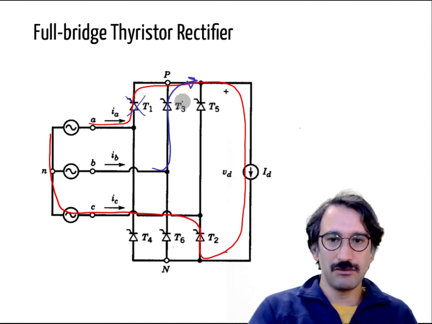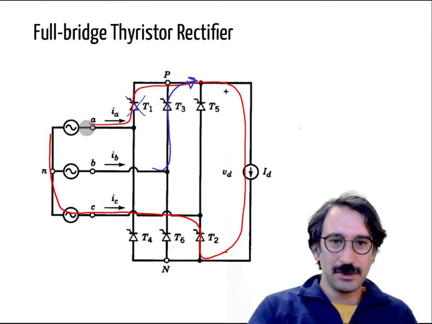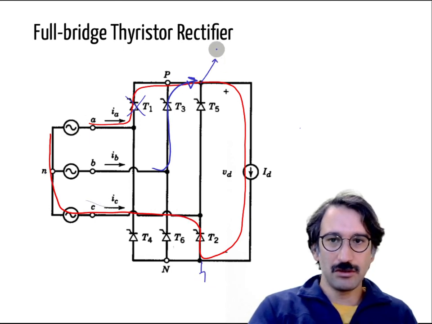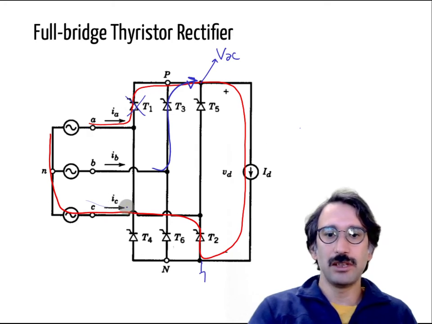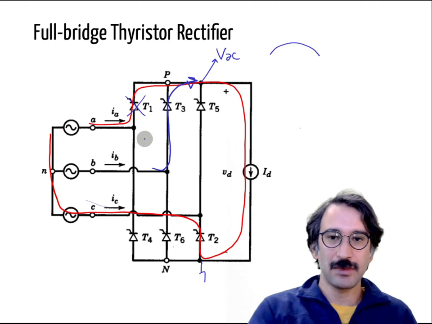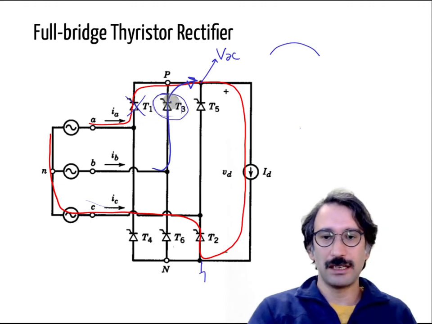So the condition for that one: if C is staying there, if this is our neutral, this is C voltage, so it is already seeing VAC voltage. So that one, T1 to T2, and VAC is the output voltage, the peak voltage that I'm going to get. If I want thyristor 3 to get into the conduction mode,